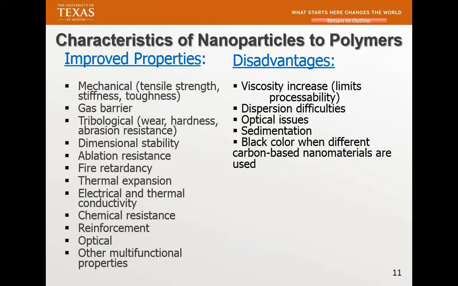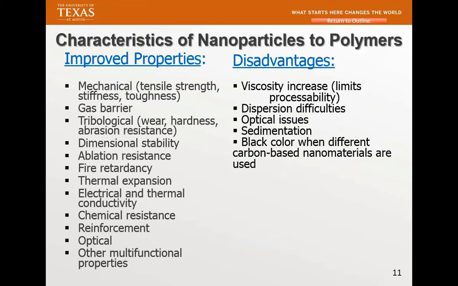When you put nanoparticles in the polymer, you can see a lot of what you call improved properties. The first and most important one is mechanical. If you have a polymer and you degrade the mechanical property, it becomes useless. A lot of people didn't realize that. A lot of these nanoparticles become intrusions in your polymer. If you didn't disperse it well, or didn't do a surface treatment, you're not going to get what you want. That's why I put mechanical as the most important. It's almost a given that you need to maintain, or not degrade too much, the mechanical properties.